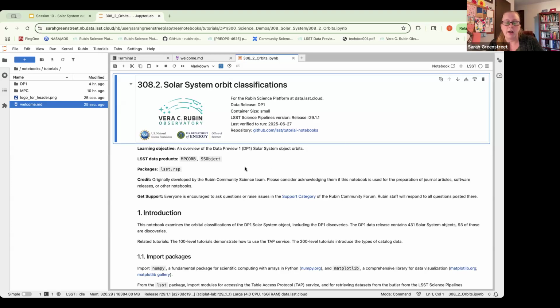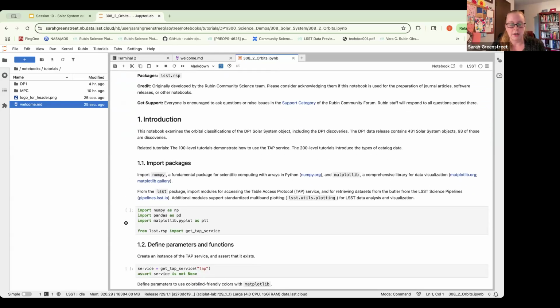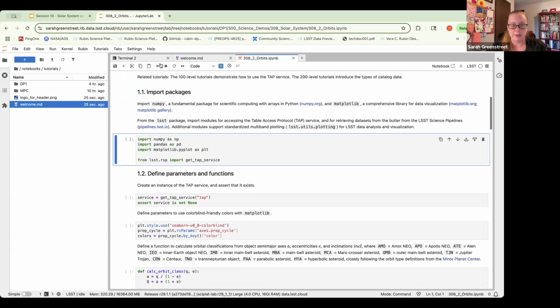So here, this tutorial is really just looking at an overview of the solar system objects in Data Preview 1, specifically looking at their orbits. So we're going to use both the MPC orb and the SS object tables, and we're going to use the RSP package. So to start, we're going to import all of the packages that we need,